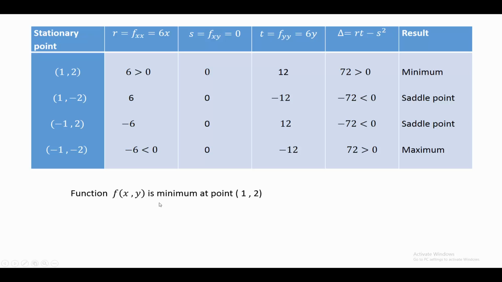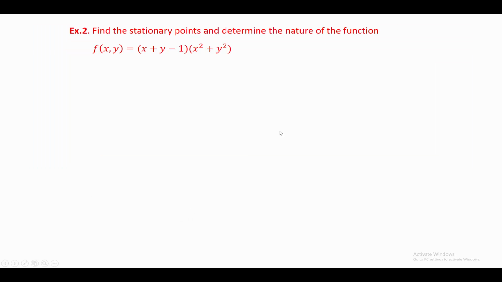Therefore, the function f(x, y) is minimum at point (1, 2) and maximum at point (-1, -2). Only check the nature of the function: minimum at point (1, 2) and maximum at point (-1, -2). Example second: find the stationary points and determine the nature of the function f(x, y) is equal to